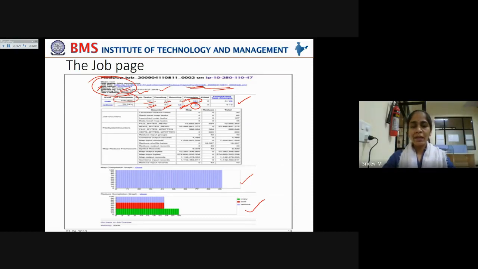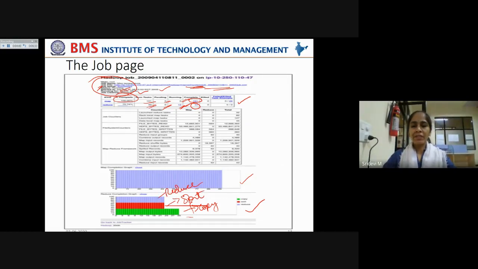And finally, when the reduce function is running on that sorted or merged data, that is called the reduce phase. So this reduce completion graph has 3 phases. One is the copy phase, this is the sort phase, and this is the reduce phase.